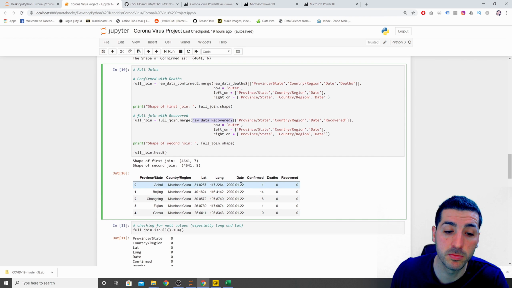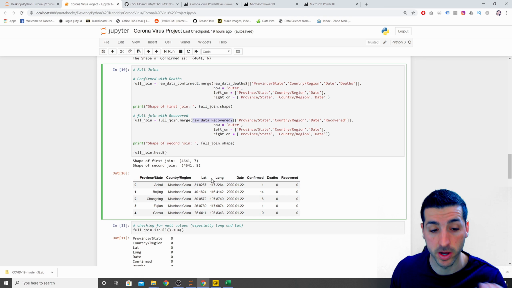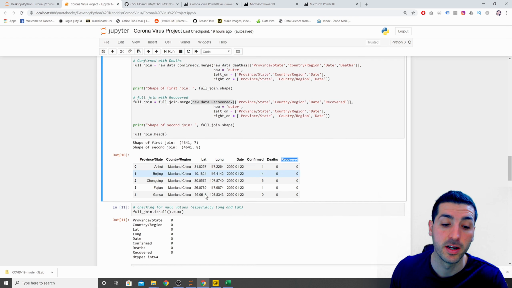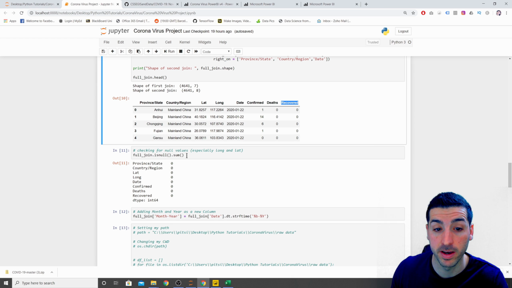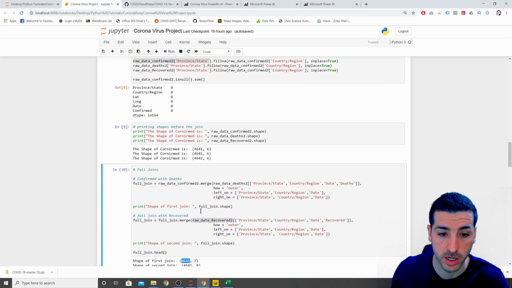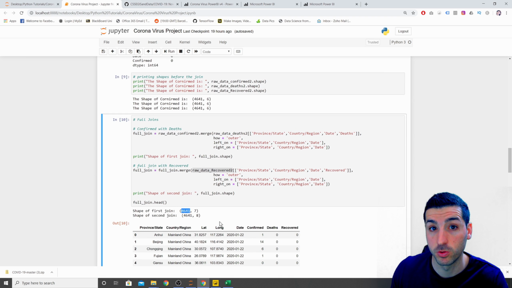So the outcome is the outcome you see down here. Actually, this is the first 5 rows. So we have state, region, lang, log, date, and then we have all confirmed, deaths, and recovered in one data set. Then I just check if I have any null values after my join, which I don't. You can also see that my join kept exactly the same rows as above, which means there was no duplication